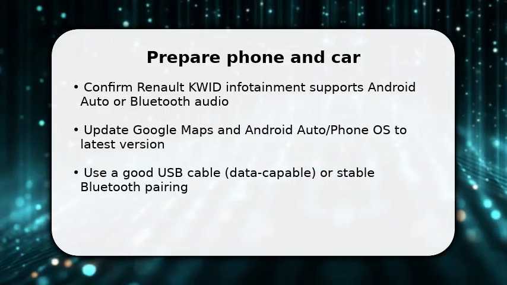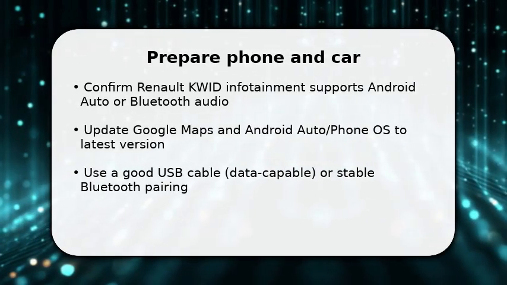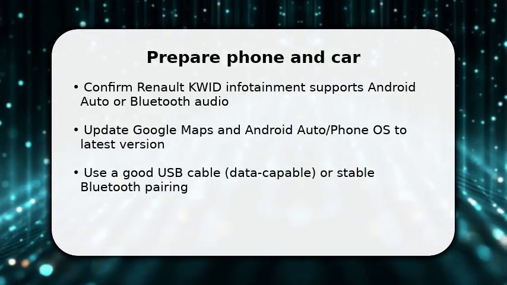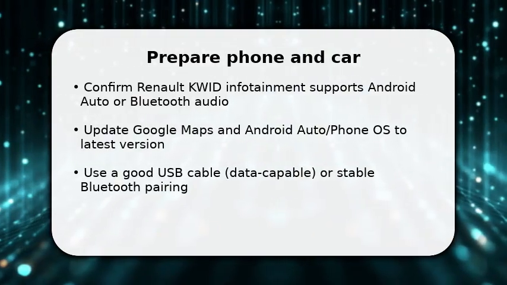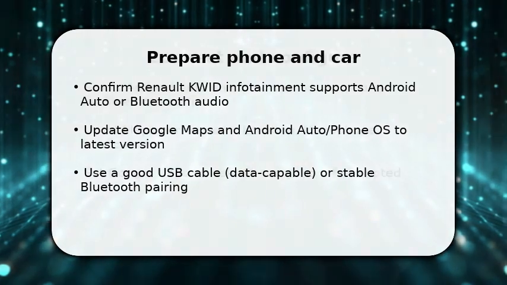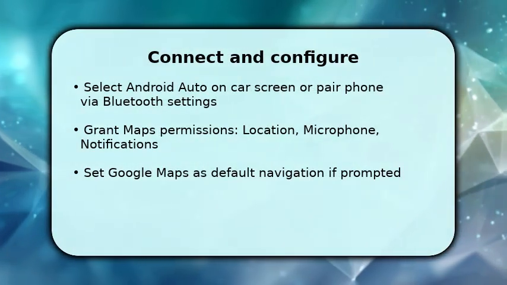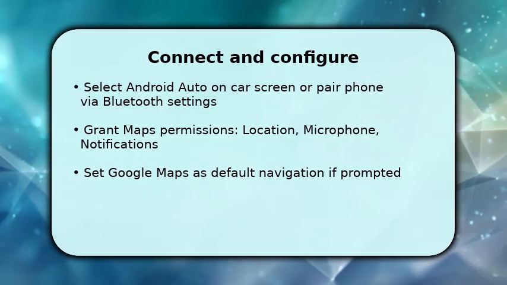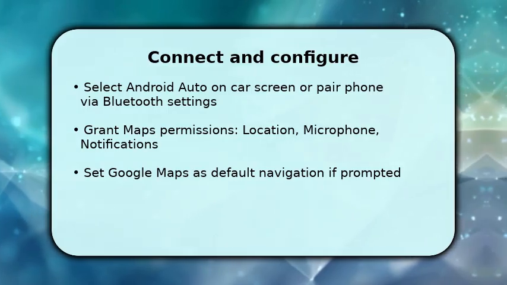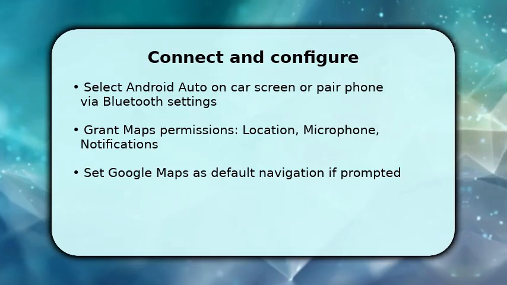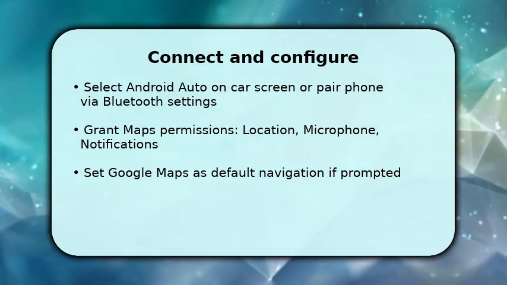Once done, accept any phone prompts for permissions like location and contacts. These steps let the car detect navigation services and create the secure link you need. Once the physical connection is active, you'll see Android Auto or a Bluetooth pairing request. Tap to connect. You must grant Google Maps permissions on your phone, location, microphone, and notifications, so voice navigation and